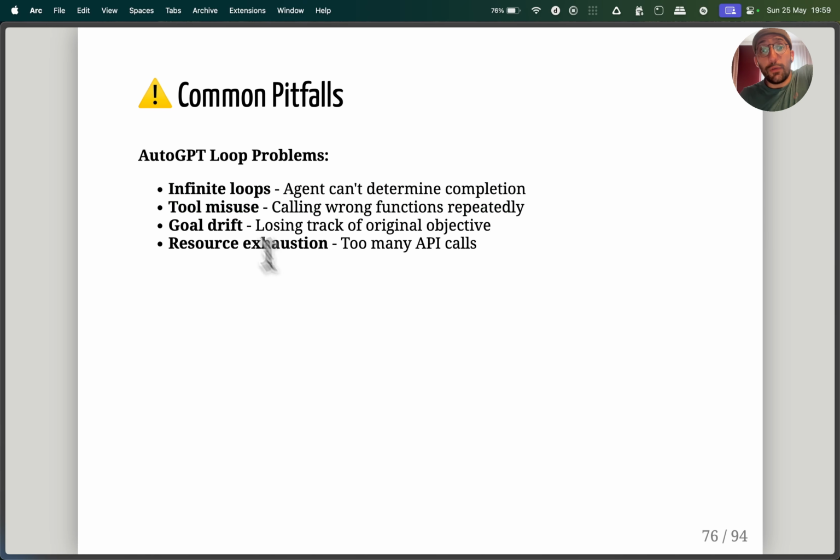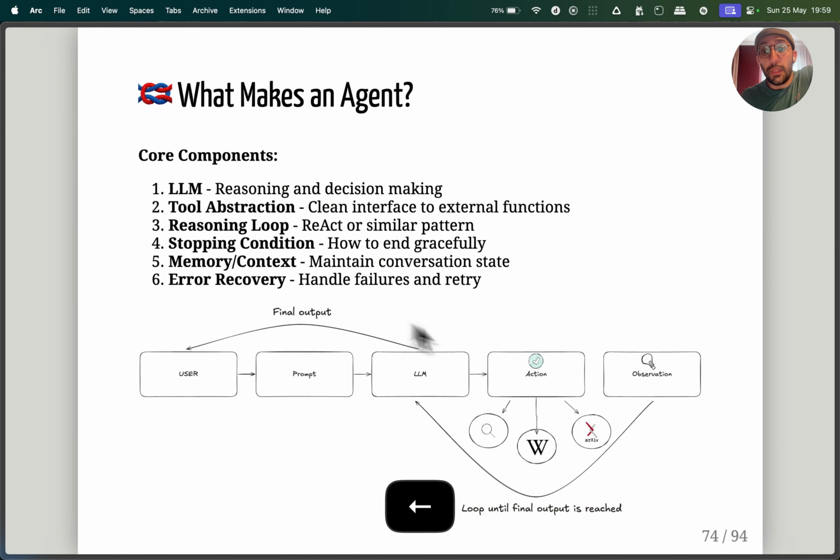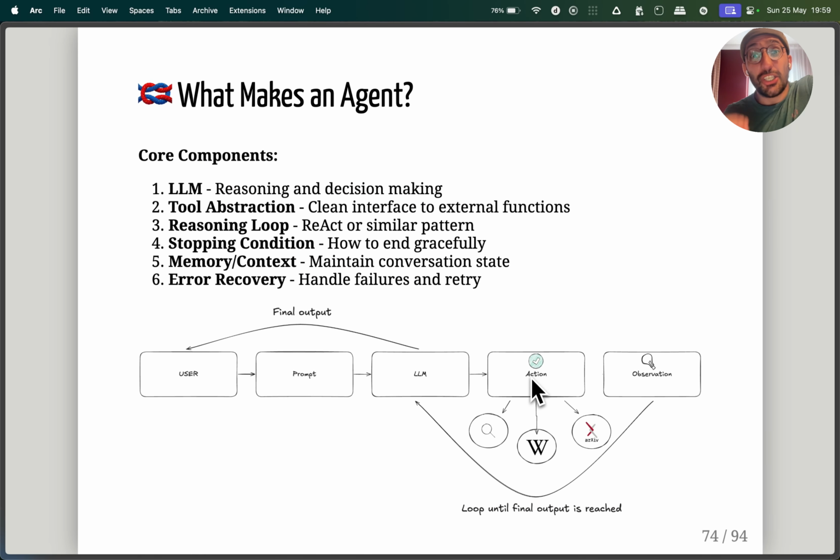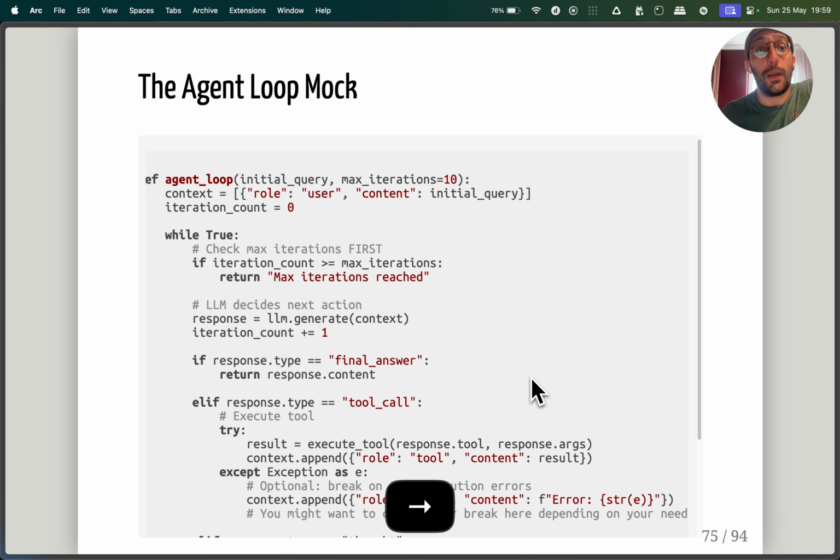We also need to avoid tool misuse, which is calling wrong functions repeatedly. So we need to somehow deal with what if it takes an action, but the action is wrong, and it's not the right tool to call. If I ask ChatGPT to send an email to my mom, and it actually checks my calendar for events in Berlin, where I'm staying this week for a conference, that kind of stuff can happen, right?